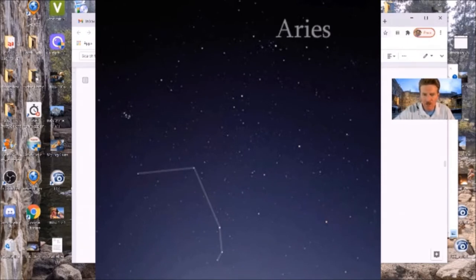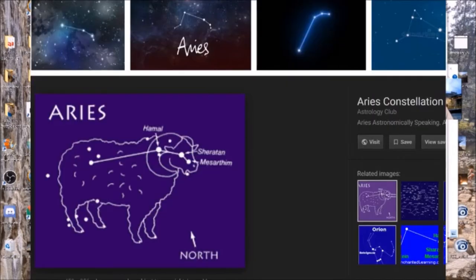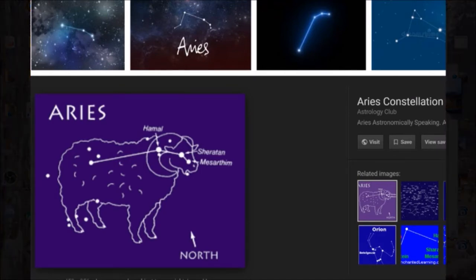A plow, you can see a plow hook maybe, as the Babylonians did, and the Greeks see it. Somehow they use their imagination to come up with a ram. And that's beyond my imagination how they do that with just stars and come up with a lot of conclusions there that I don't have much interest in.